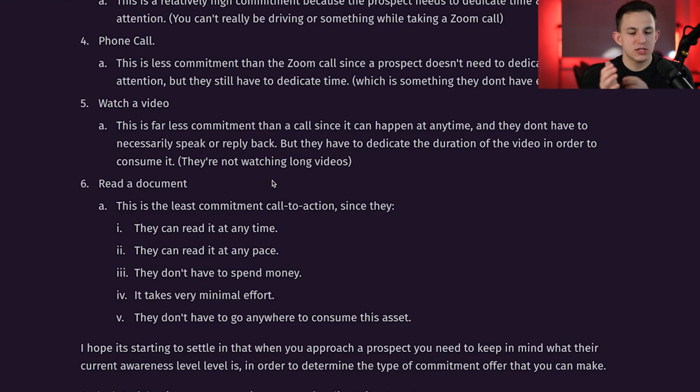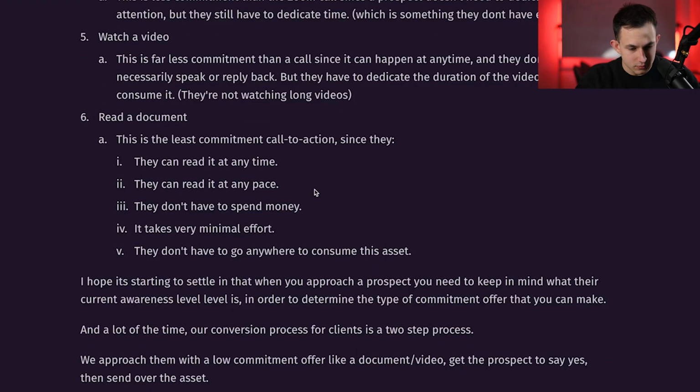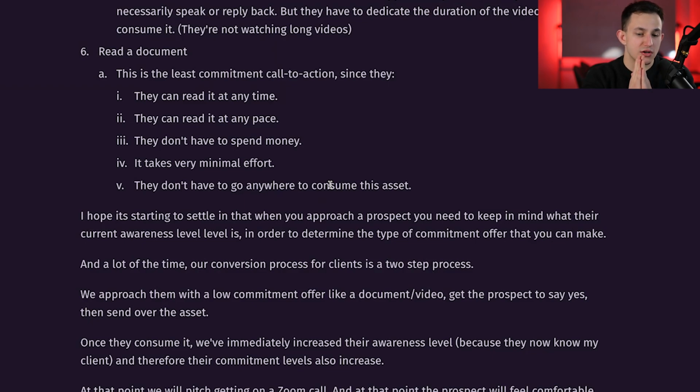Now, I hope it's really starting to settle in that when you approach a prospect, you need to keep in mind what their current awareness level is in order to determine the type of commitment they have, in order to determine the type of offer you can make, right? All of these things are tied into each other. And a lot of the time, our conversion process for a client is 2 steps, right? And how that would look is we approach them with a low commitment offer like a document or a video. Then we get the prospect to say yes,